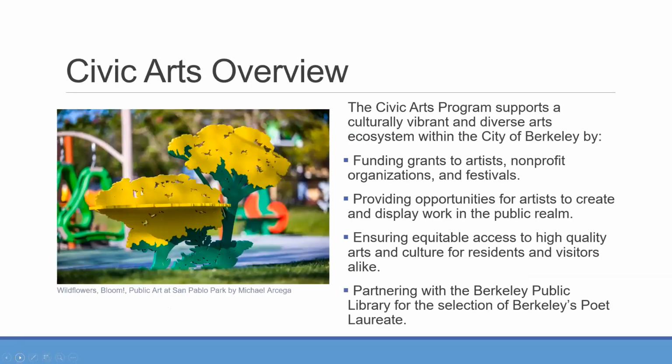Okay, so our mission at Civic Arts is to support a culturally vibrant and diverse arts ecosystem within the City of Berkeley. And we do that in several ways. Funding artists, nonprofit organizations, and festivals through our grants program is one of the ways we fulfill that mission. We also have a robust public art program,